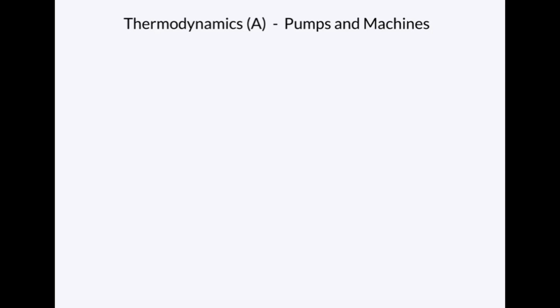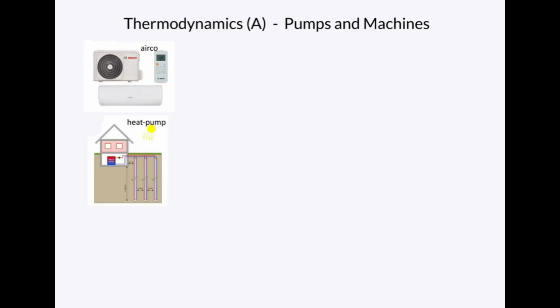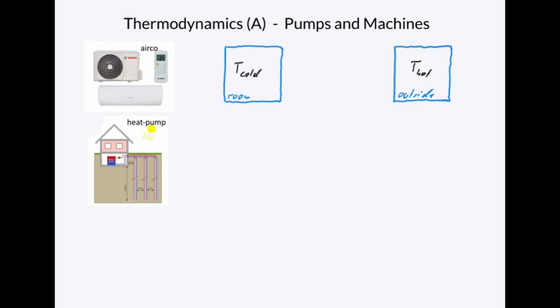Let's look at what thermodynamics can teach us about more complex systems like those of heat pumps and machines. Now, what air-cooled heat pumps or fridges do is that they pump heat from one compartment to another through applying electrical energy. For the air conditioner, we would have a room which should stay at a cold temperature, T cold,